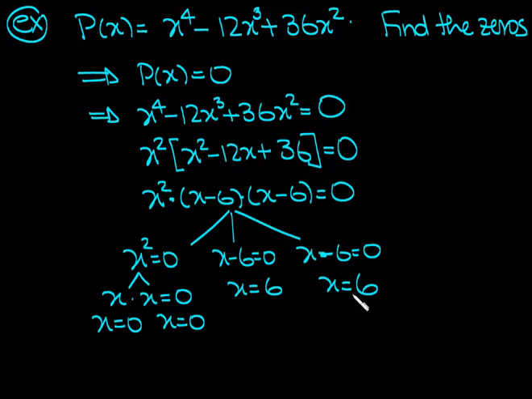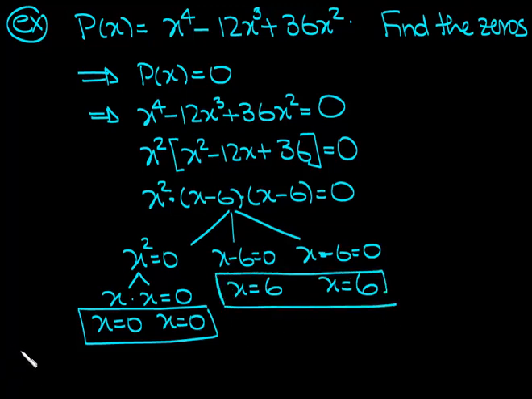So how many solutions did we get, or how many zeros did we find here? I found 2 zeros here and 2 zeros here. Both of these are special because they both repeat. This is 0, 0, 6, 6. So we say that this polynomial p of x has 2 zeros, okay, and the zeros, or the roots,